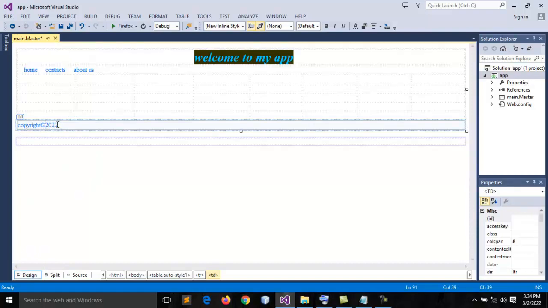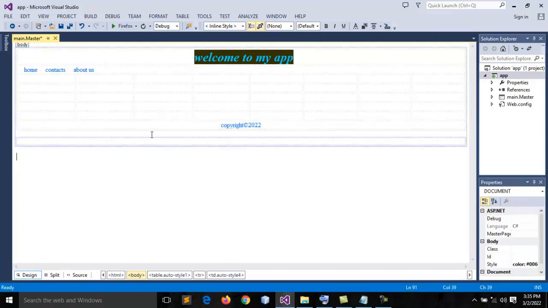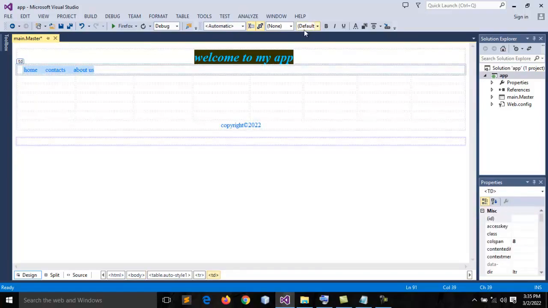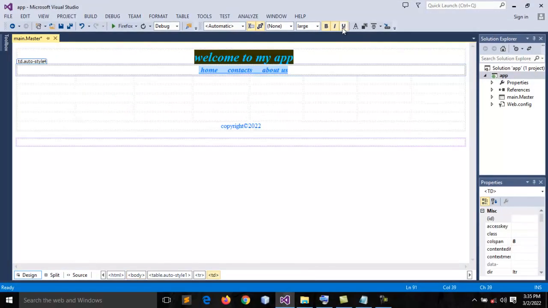So let's put this in the center. Highlight it. Come back here. Justify center. So this is how we have created our master page. So let's put this also in the center. Our links should be in the center too. We can make them bold, increase the font size to something like 18. We can underline them. We can do more to the thing. So be creative,